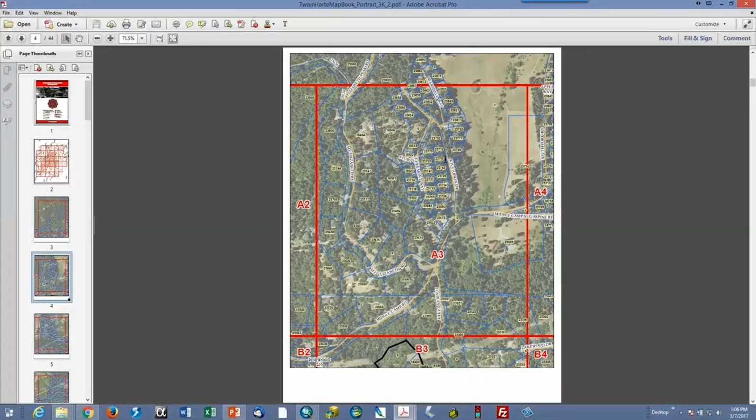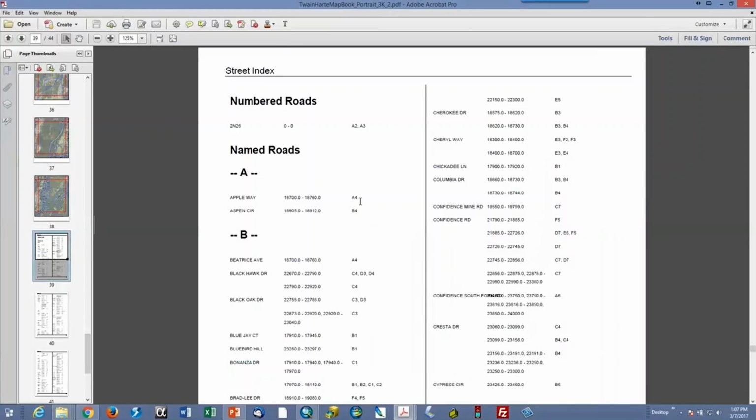And so here is defined the area of the index, and then shows you the maps next to it, so you can switch to those. And you can see the addresses and street names there. And then it also creates a street index of each street and the address range and what map